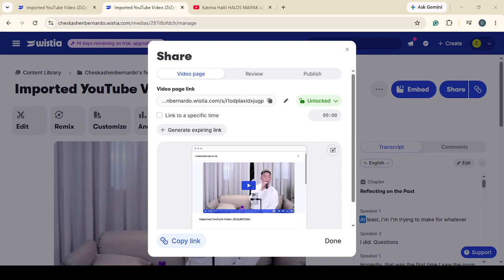And that's it. Open the video, click share, choose email, enter the recipient's email address along with a short message, and send it directly from Wistia. It's a fast and straightforward way